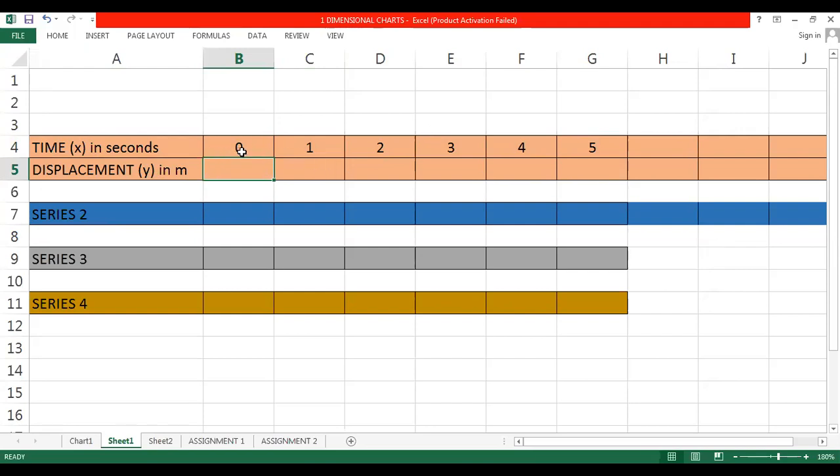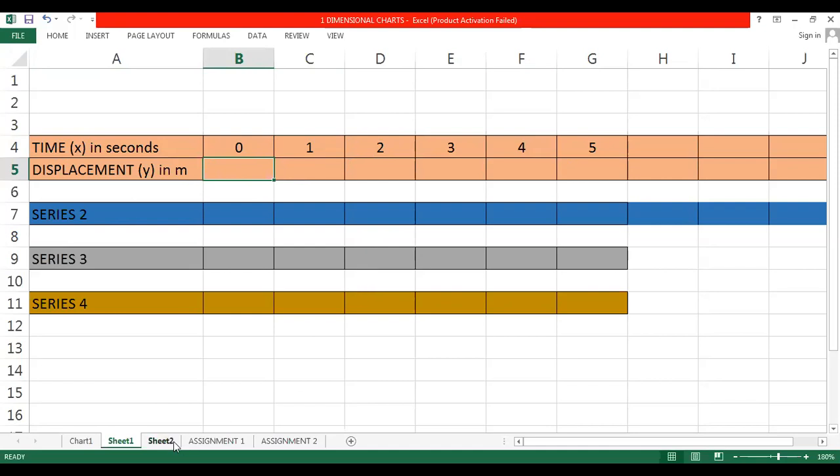Now, the object is at rest, which means the object is not moving, and it is at a distance of 5 meters from the initial position. So my time is 0 seconds, 1, 2, 3, 4, 5. I'm taking the time interval as 5 seconds. Okay. And let's talk about displacement. Now displacement is in meters. So at the time of starting the timer, where will the object be? What will be the displacement of the object? Type your answer quickly.